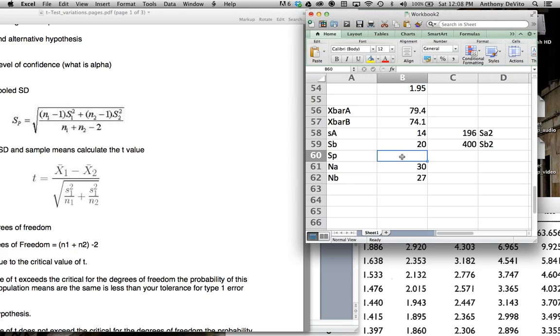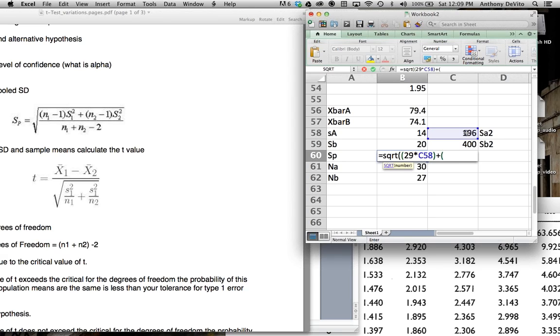Our pooled standard deviation is going to be equal to, I'm going to do the top part of this first. It's going to be equal to the square root, parentheses, of, let's see, n minus 1. N minus 1 is 29 times the S1 squared. Now, you might remember that the square of the standard deviation is the variance. That's how we got the standard deviation, we found the square root of the variance. Okay, so that's going to be equal to 196. Okay, plus,